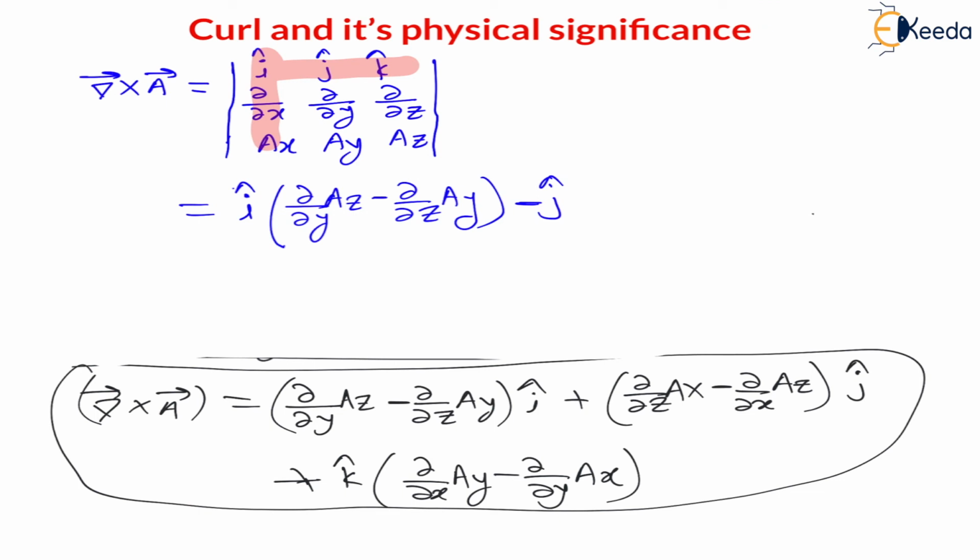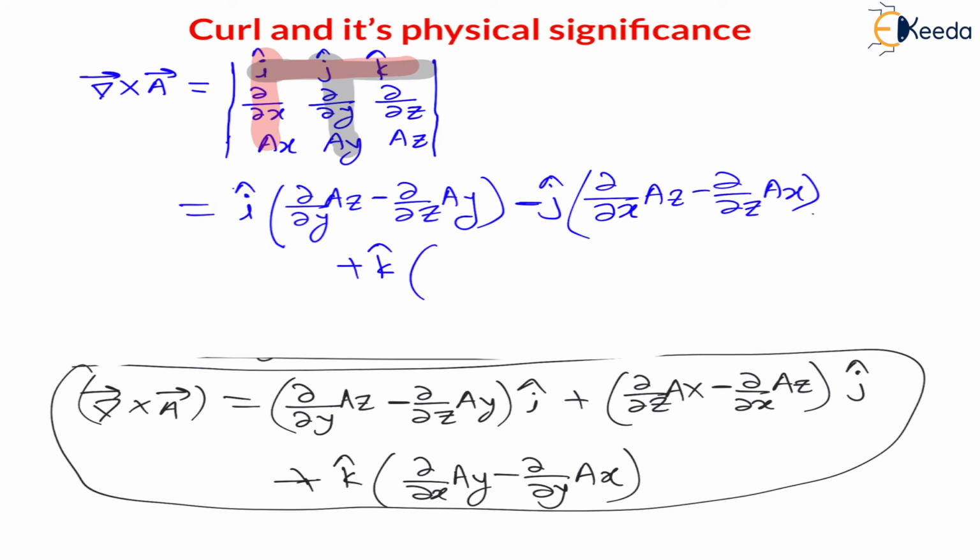Then minus j cap. See, while writing, first term is plus, minus, plus. Right. Now here, see, j cap falls in the second column and first row. Therefore delete the second column and first row. For the remaining four elements, let us consider the determinant. Therefore it is dou x into az minus dou z into ax, plus k cap.